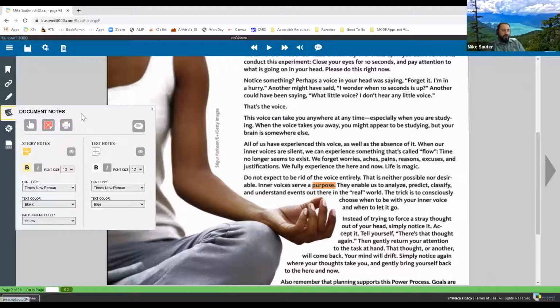Now, within the notes dialog box here, you see 2 main notes, the sticky notes and text notes. Okay, there is a third one. It's called bubble notes, and we're not going to touch bubble notes. Bubble notes are pretty similar to the text notes and the sticky notes, but it's designed as an instructor tool that, if instructors were using Kurzweil, they can add these bubble notes into the book as you're reading it, and they would pop up as you're reading, giving you prompts and things like that.